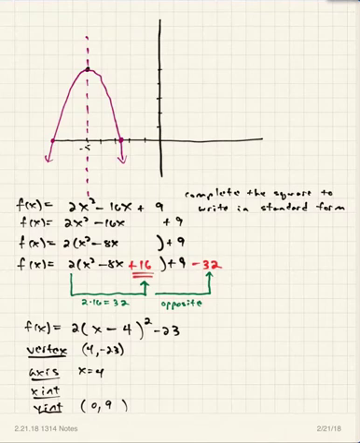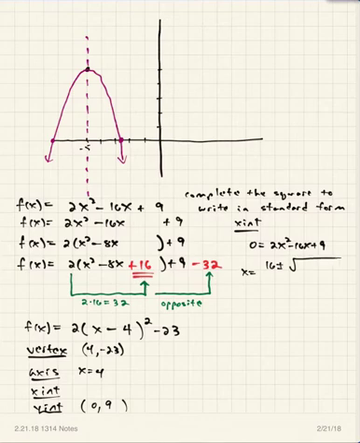X-intercepts are a little bit more challenging to find. And so what I'm going to do on the x-intercepts here is I'm going to use the first equation rather than the last equation, just to do something different. So you have 0 equals 2x squared minus 16x plus 9. Right, that's the original function. And then you use the quadratic formula to solve that equation. So when you use the quadratic formula, you get negative b, so that'd be 16 plus or minus the square root of b squared. And see what happens here? You get 16 squared, you go, oh my gosh, the numbers are going to be huge. And then this is minus 4 times 2 times 9. You know, if the numbers get to be too big,